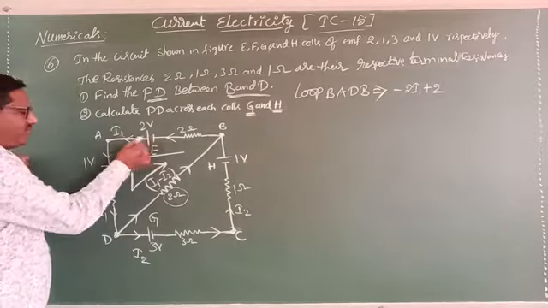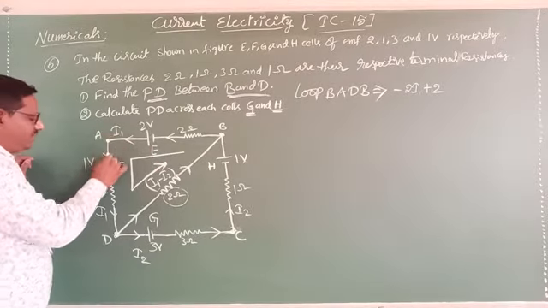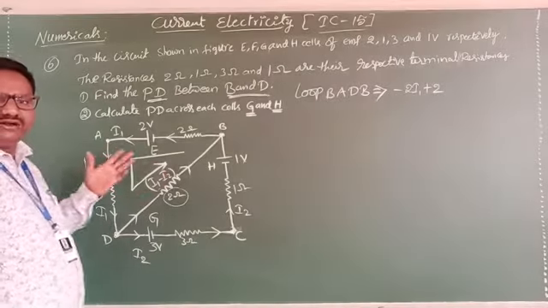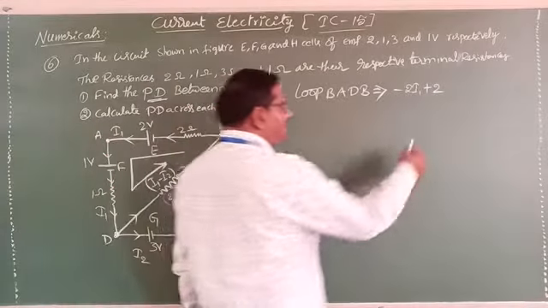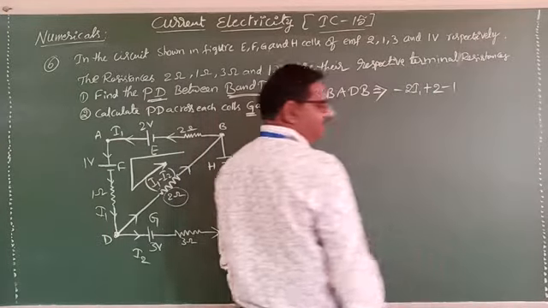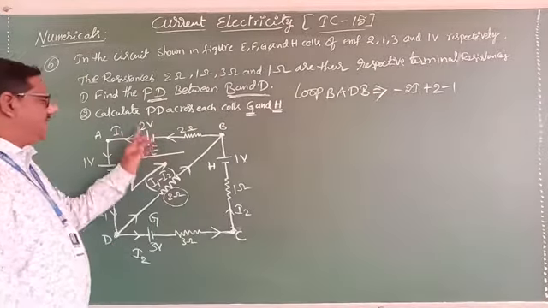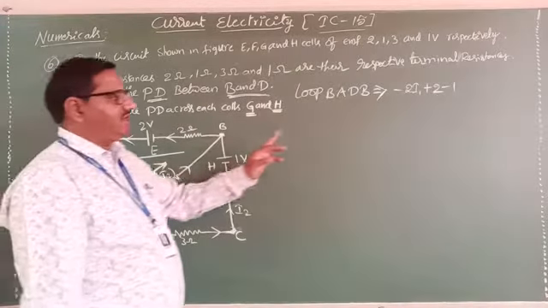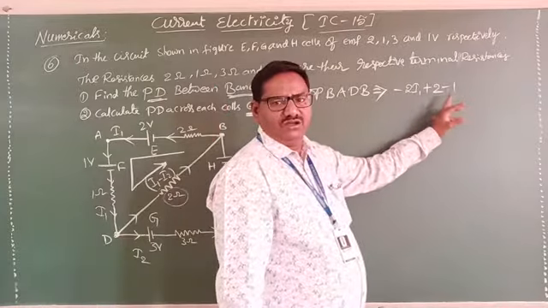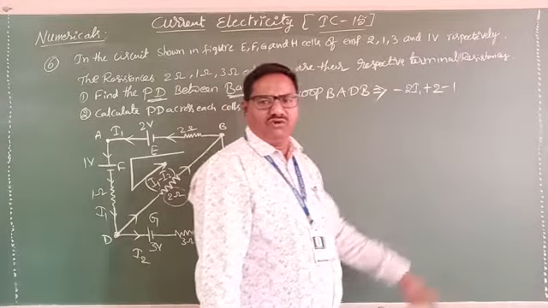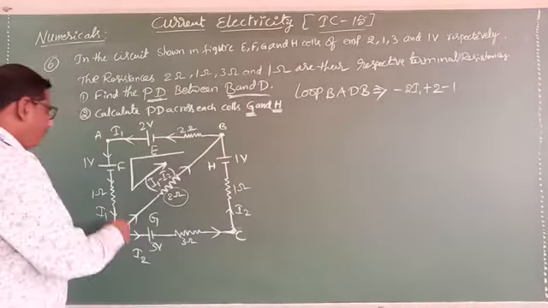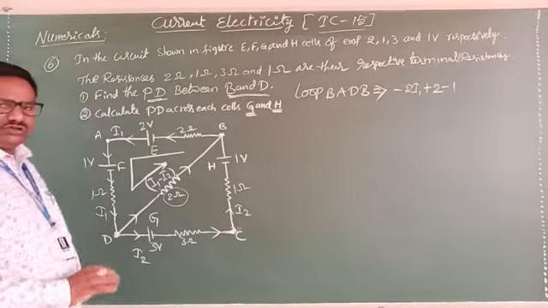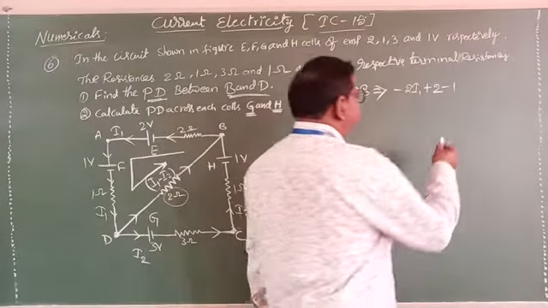Clear? Now it will come to A, and from A it will touch first which terminal? Positive terminal. So according to sign convention, what can we write? Negative. So minus 1. I understand, because here the potentials are given directly. Here 2 volt, here 1 volt. That's why the current I is not mentioned. So plus 2 volt, minus 1 volt. Clear? Now the same I1 current will come across this 1 ohm resistor. So what can I write for the potential?